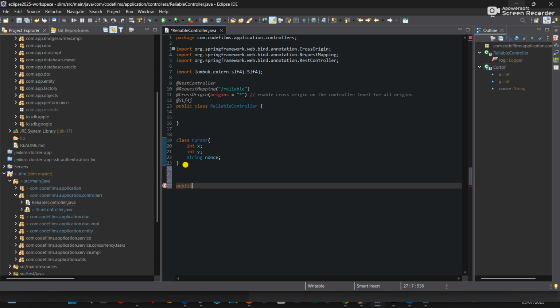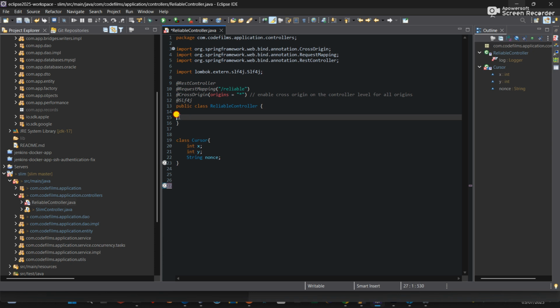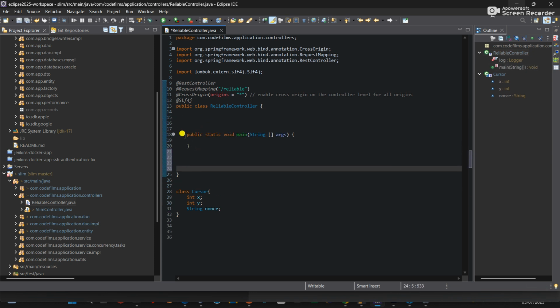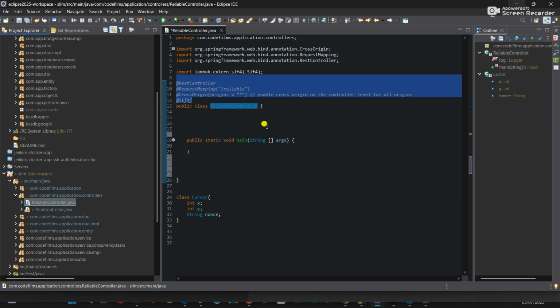So I'm trying to start my main. It's public static void main, then String, then an array. Okay, so we're not in the class. That's one reason. Right, so we'll start with the class. All right, so we have our public static void main here, and this is just a normal Java class, just like a controller with some annotations that are just decorating the objects. So we've decorated our objects with some annotations, but that's not going to affect what we want